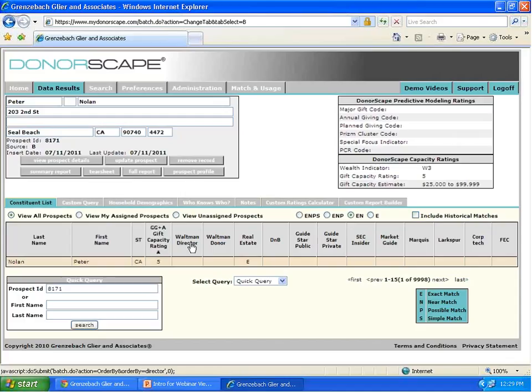The stock transactions, though, are updated weekly, and on our support site, you can see the entire update schedule for how frequently all the things are updated. But people's gift capacity ratings up here can change over time with major life events. They sell or buy a property, they get a new job, they retire, they make a huge donation, they join a board. All of these things can